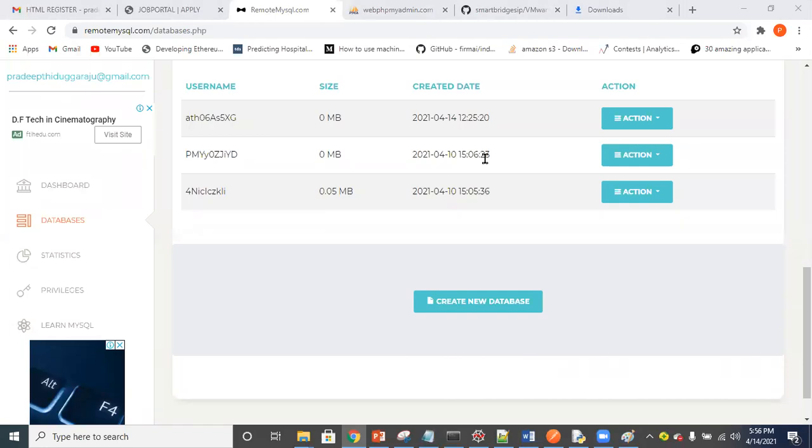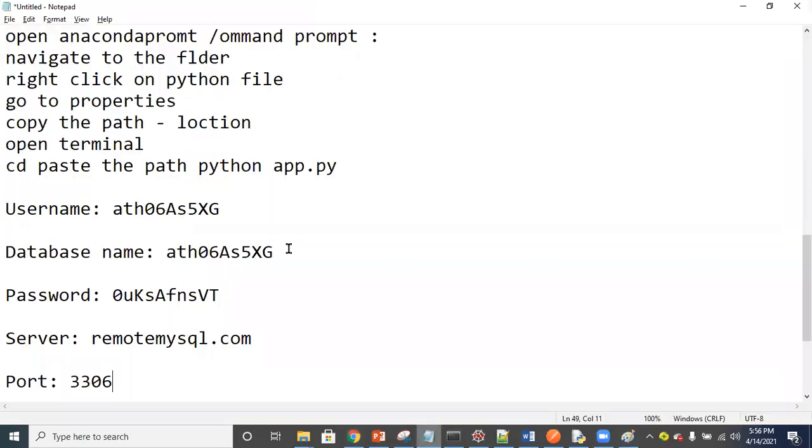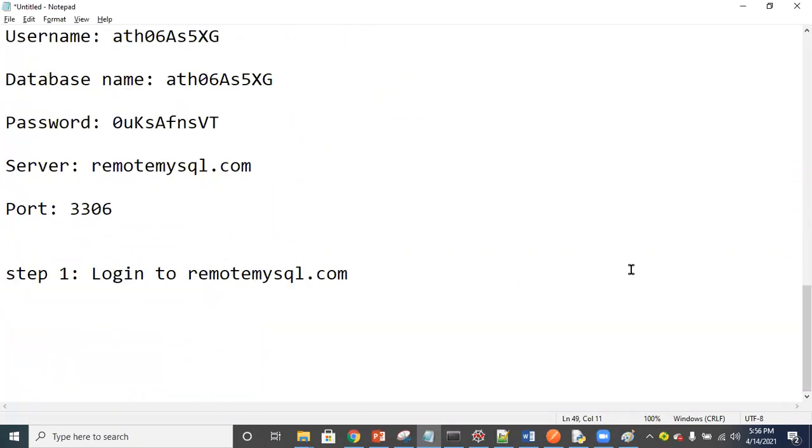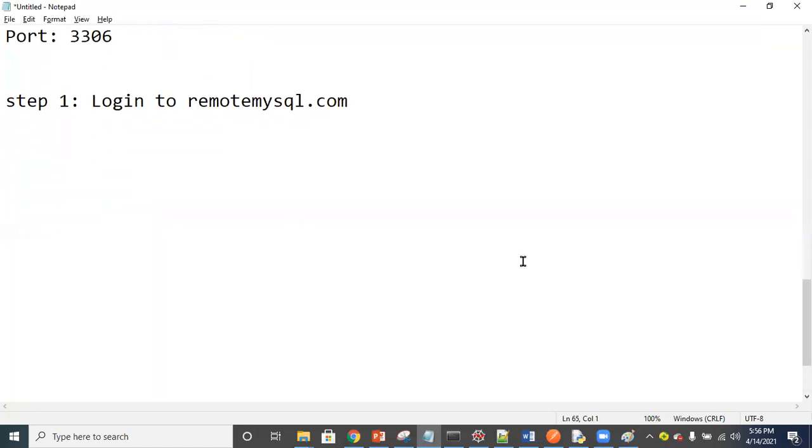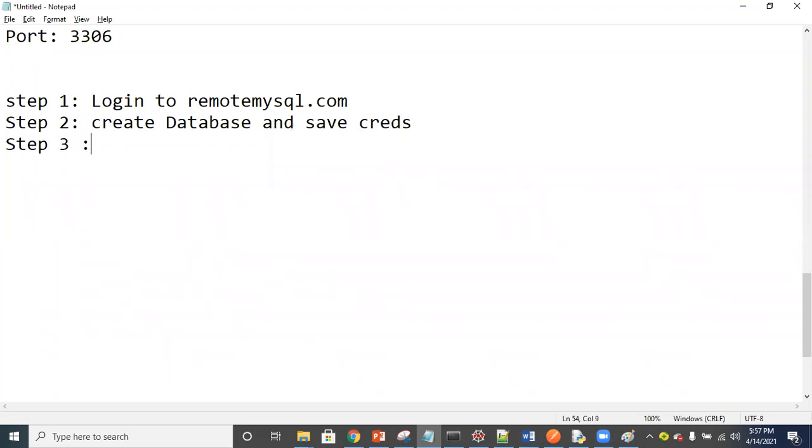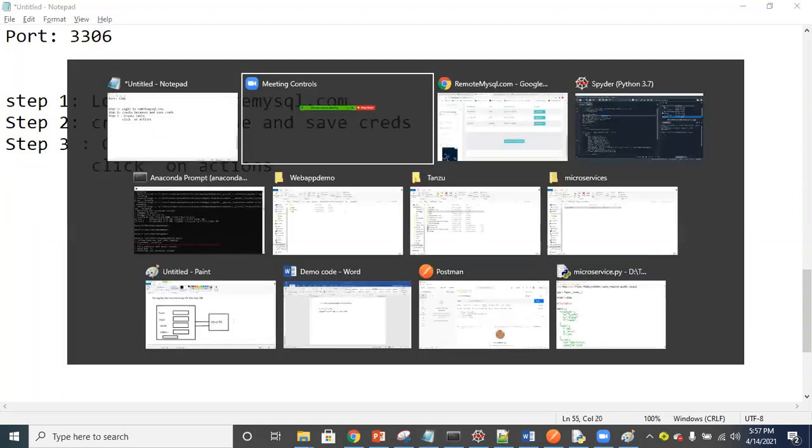Now, the next step is: step 1, log into remotemysql.com. Step 2, create database and save creds. Step 3, create table. In order to create table, click on actions. Click on actions. Once the table is created,